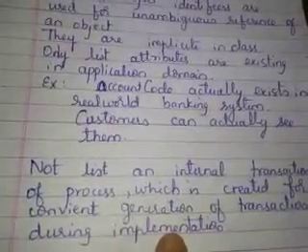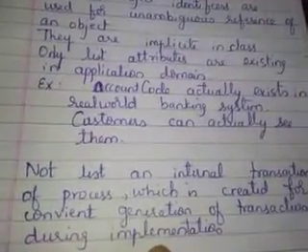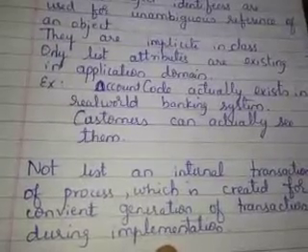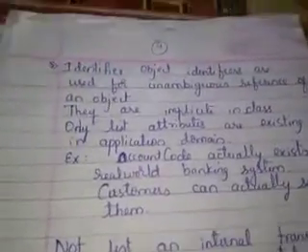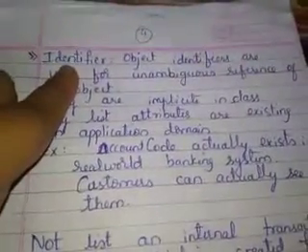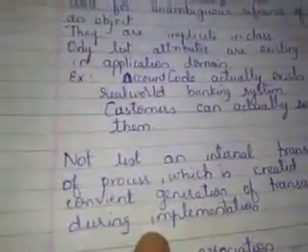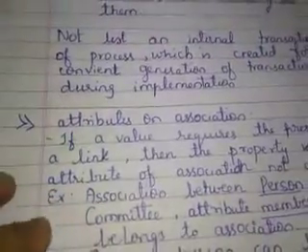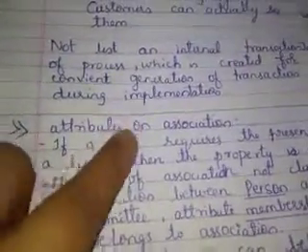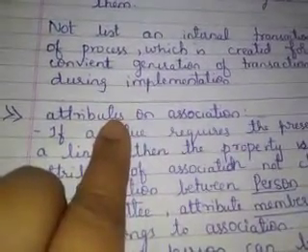How many transactions have taken place? What happened in the first transaction? So that I can keep track of the different actions that have taken place. And it is used at the time of implementation. So the rule says if the identifiers are present in the domain, then keep them, and if they are implementation details, then don't include them. Next is, we should eliminate those attributes which can be better modeled with the association, not with the individual class.